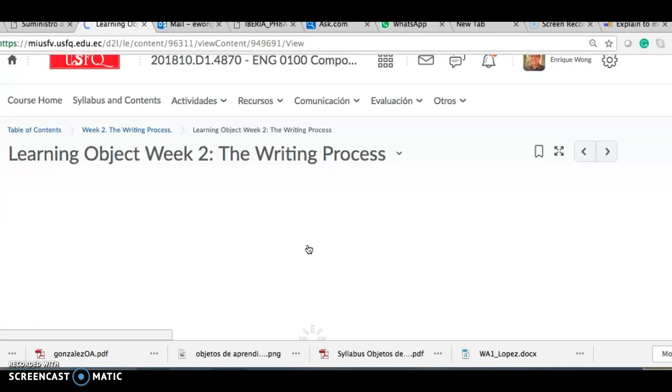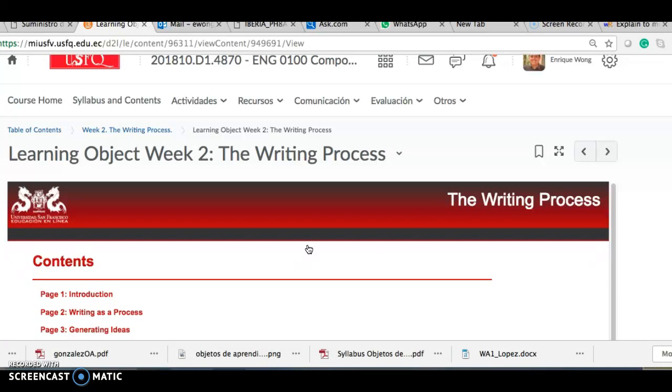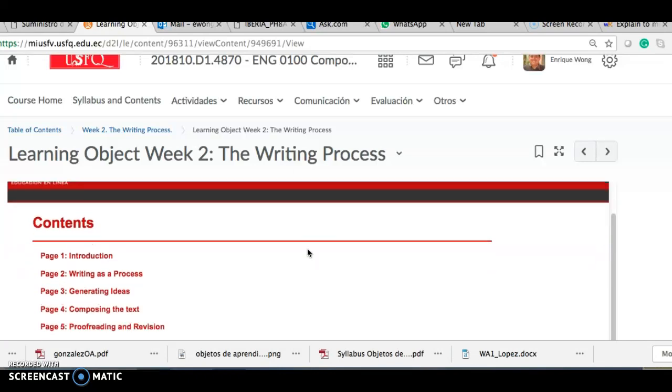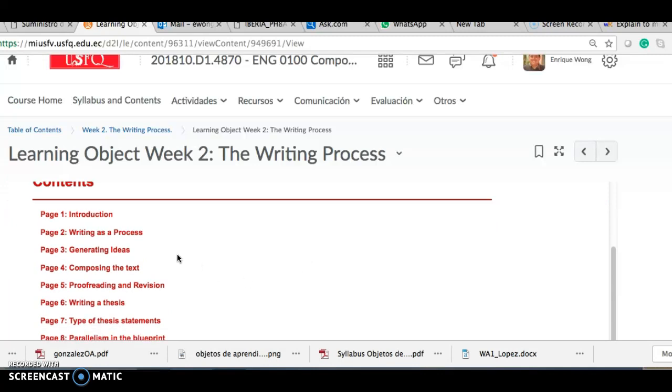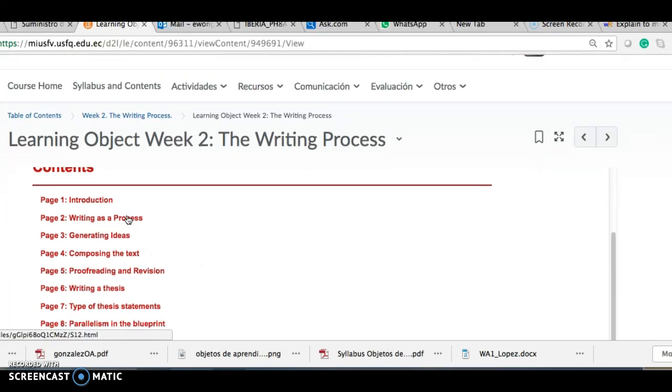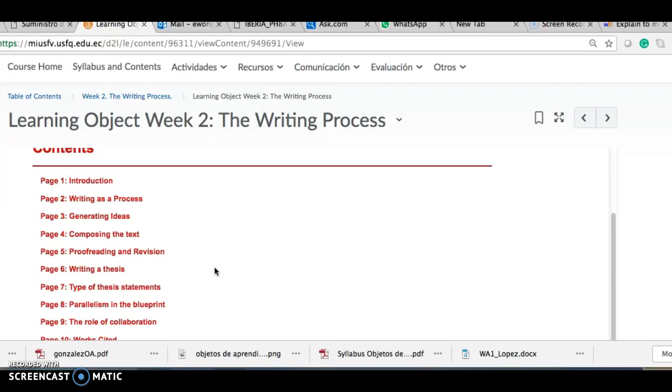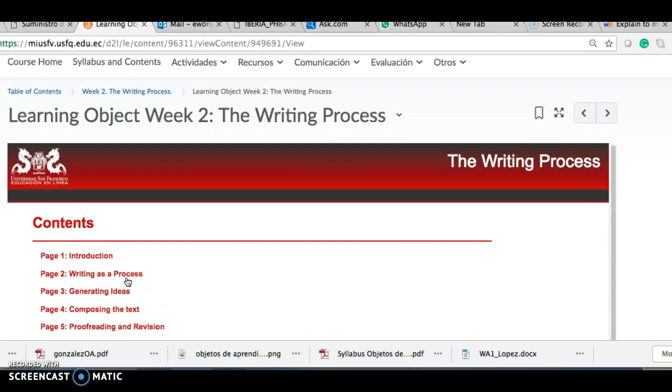I would recommend you read this learning object because you have here the thesis statement, information about the thesis statement. If you didn't study the learning object, you won't find this information in your book. So it's essential that you come and study this in depth before taking the quiz.